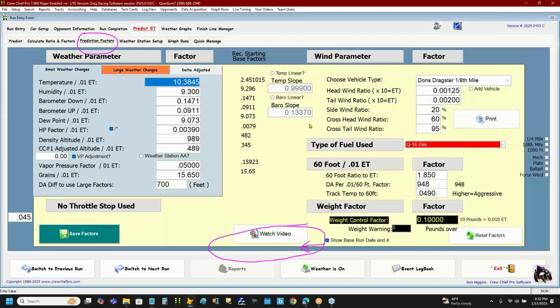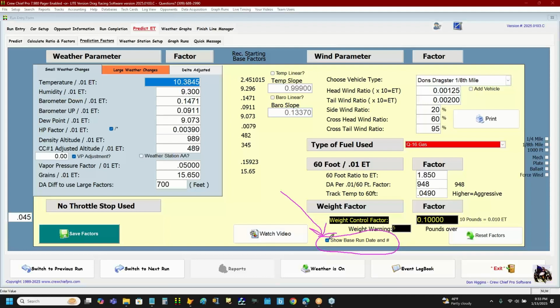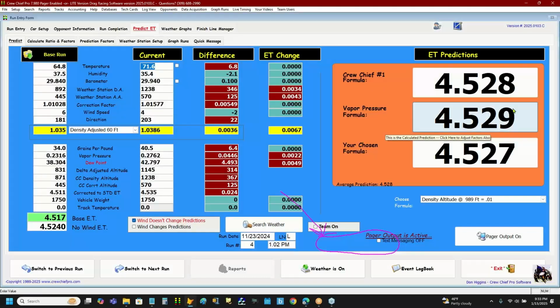This is a valuable thing to have. In the bottom middle, you will see a checkbox. I will draw an arrow to it and circle it: Show base date and run number. If you check that, Crew Chief will show you the base run date and run number on the prediction screen. If it's not checked, you will not see this on the bottom middle that gives you what run is on the screen. So just so you know,